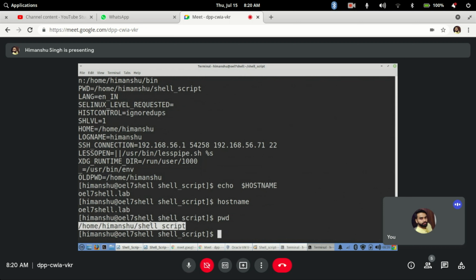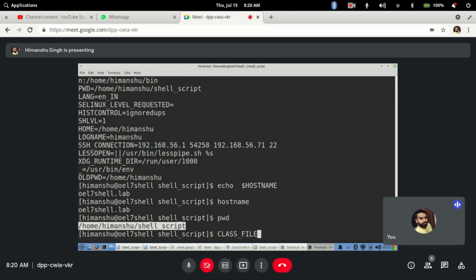So let's say I make a variable with a particular variable name. In shell scripting, the best thing is that you don't have to worry about the data type of the value that you are going to store. You just have to define a variable and store a value in it. You don't need to worry about whether it's a number, a string, or a character; it doesn't matter.